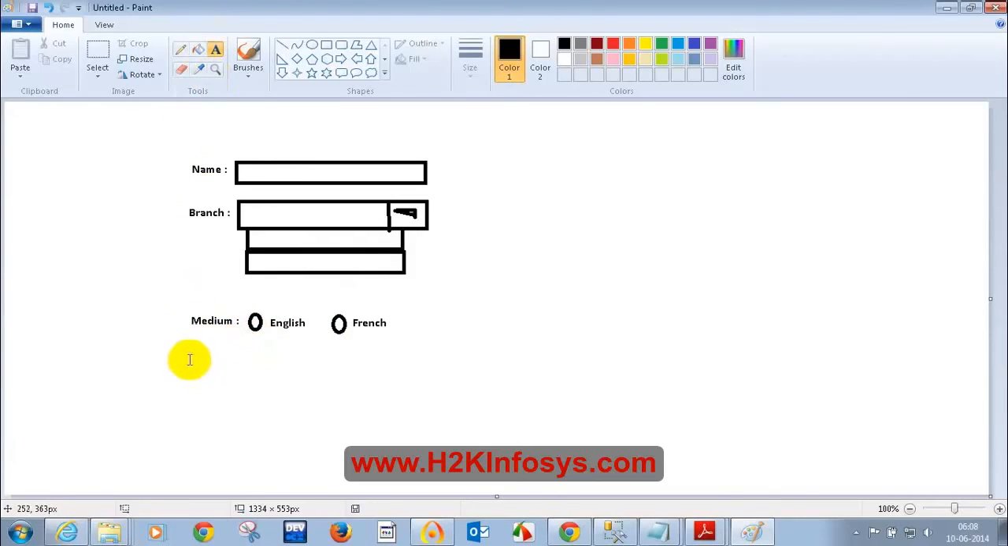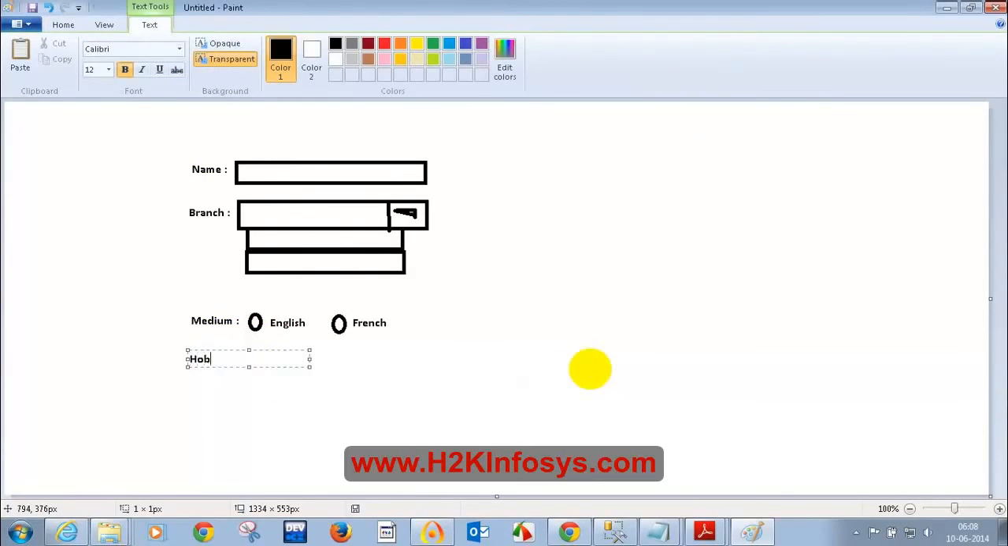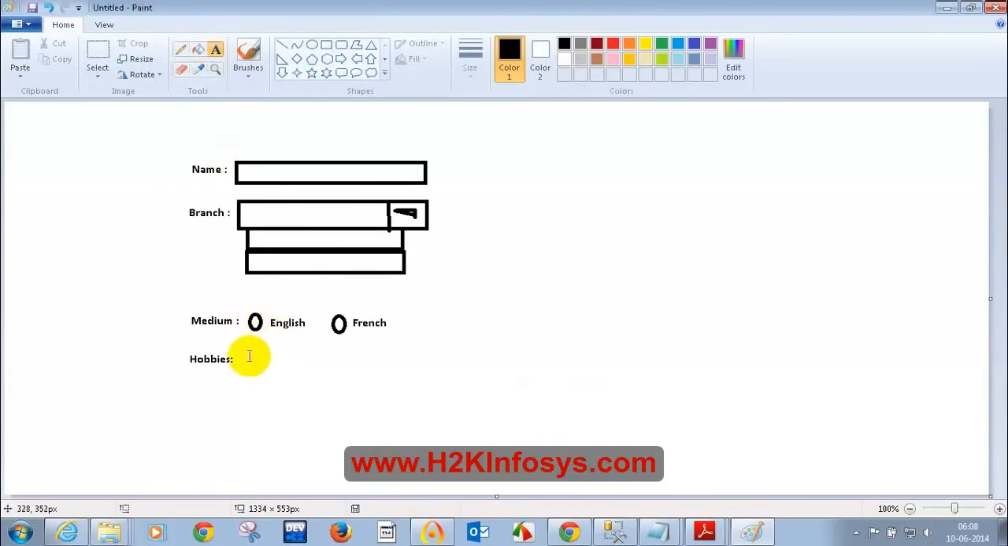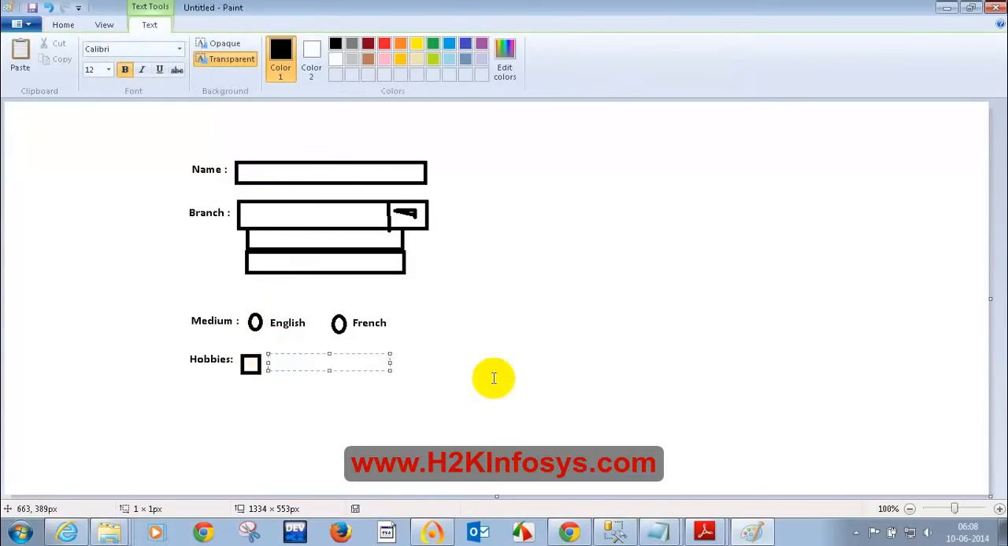And we have something called hobbies. In hobbies you can select one or more options. You will see a small box like this, and you will see some options. So what is this called? Okay, I'm seeing the responses. This is a checkbox, so I can write here cricket,